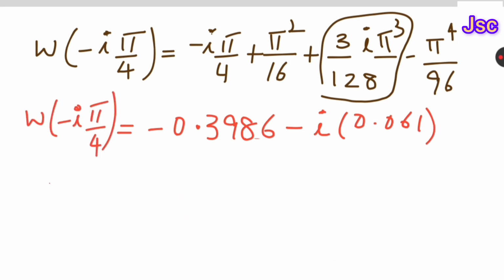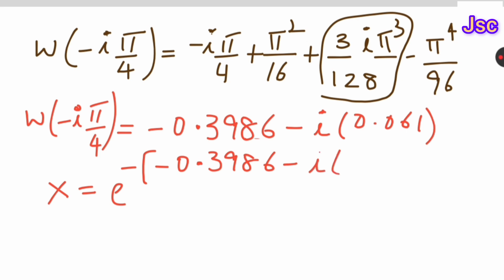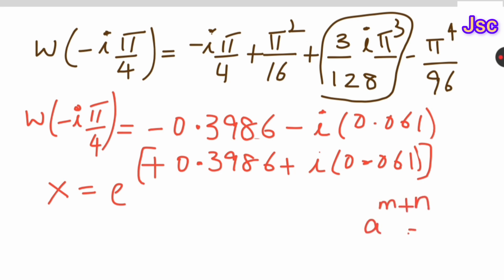But our x is e raised to the power of minus W of minus i pi by 4. So instead of this W of minus i pi by 4, you need to write minus (-0.3986 minus i times 0.061). After opening the brackets, we get plus 0.3986 plus i times 0.061. It is in the form of a raised to the power of m plus n. We can write this as a^m times a^n. So we can write this as e raised to the power of